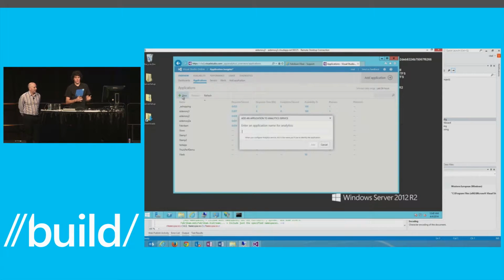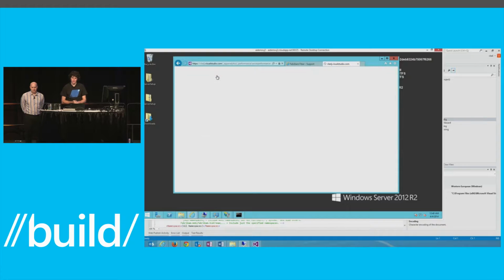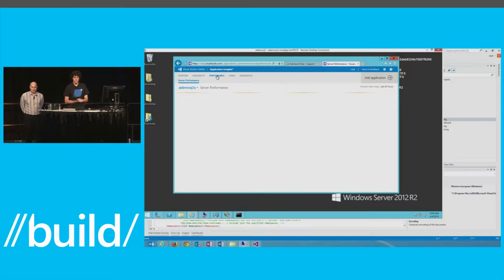In this scenario, once you have a Visual Studio Online account, you go into the Visual Studio Application Insights Get Started pages. I'm going to name the application. And remember, this is an existing server that's already been deployed. I've already been using this Application Insights account for other things. So I've named the application. If I go to the Performance page and choose the new app that I just created,